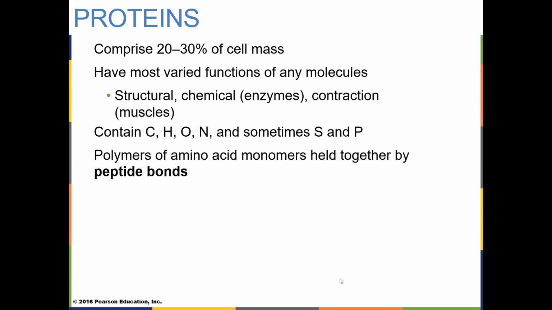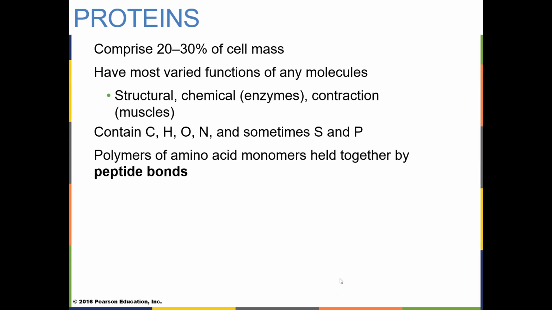They also operate as hormones and enzymes. And so they can even be contractile. The contractile proteins are what we have in our skeletal muscles, for example, that allow our muscles to contract on command. Just like in the smooth muscle and the cardiac muscle, those muscles are all made of contractile proteins. They're all the same contractile proteins. They have the ability to slide over top each other or shorten or lengthen as necessary.